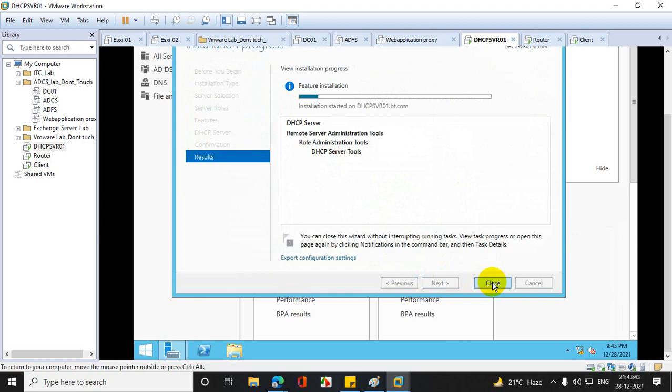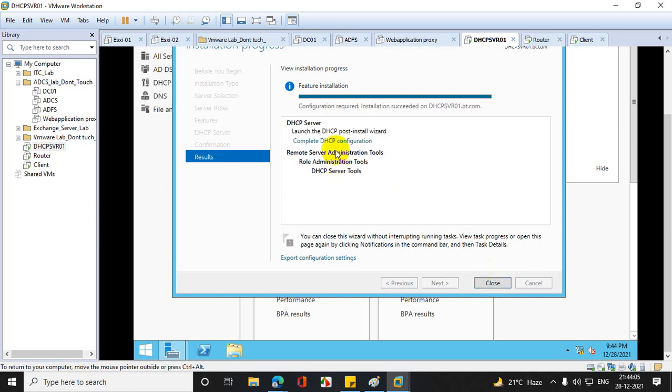After the DHCP service is installed, there is an option to commit the service changes. Once you commit the services, then the services will be authorized in Active Directory. Then you need not go to DHCP management and authorize the services. Clear? Yes, sir. So go to Complete DHCP configuration. Here are the options. Just go there.